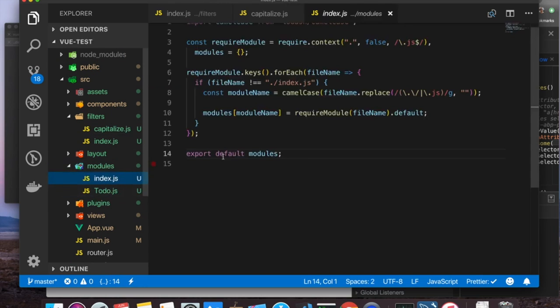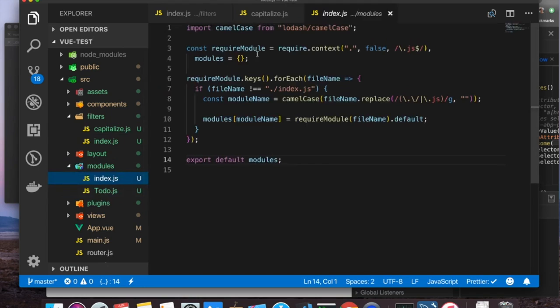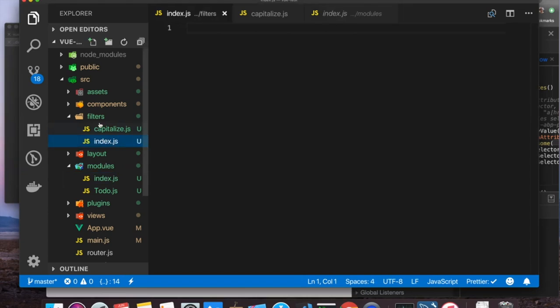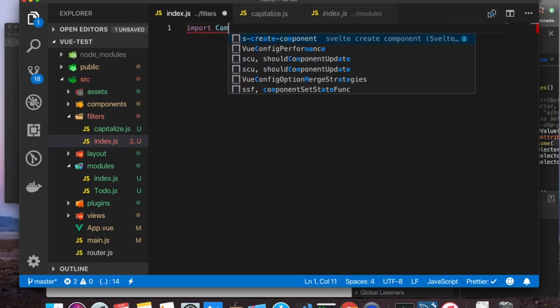All right. So if you saw my last video, you watched one of my modules. I have this index.js here with this camel case require module thing. A little scary looking, but once you really get the gist of it, it makes a lot of sense. So we're going to create a similar thing in here, so that we can just add a file into our filters directory. We don't have to plug it in anywhere, and immediately that filter is usable based off of the file name. So the way we're going to do this is we're going to import camel case again